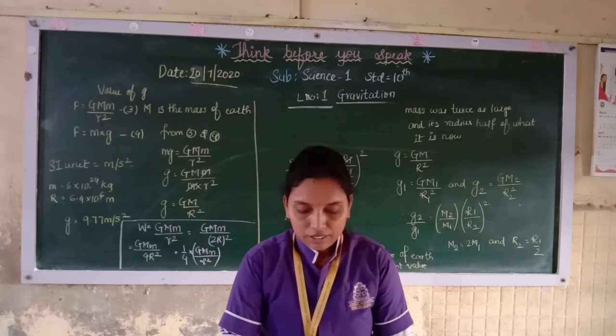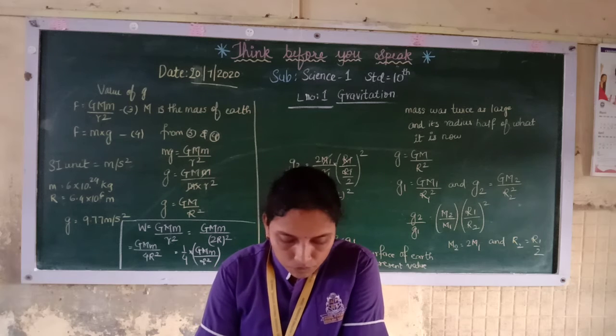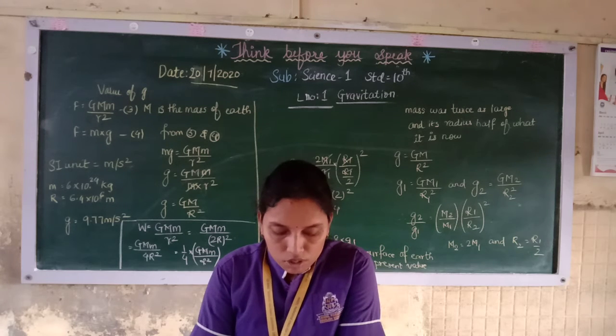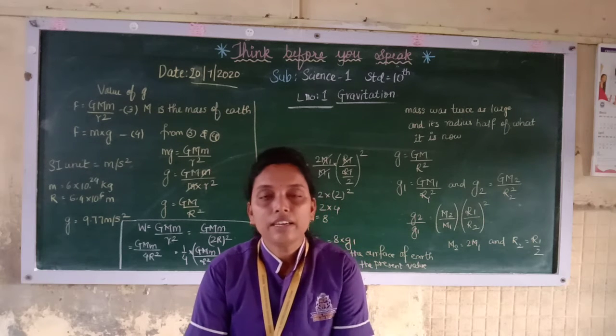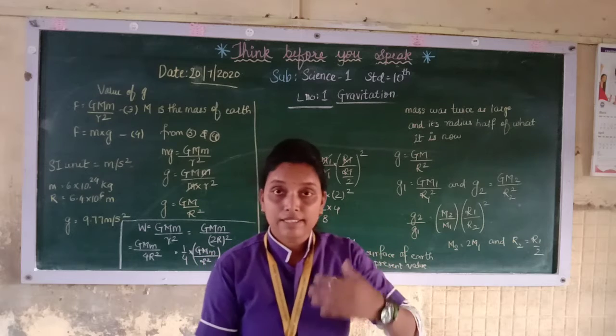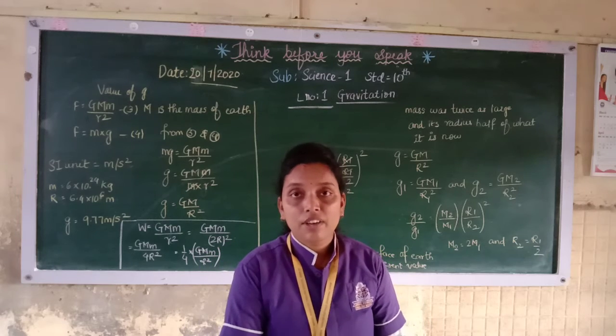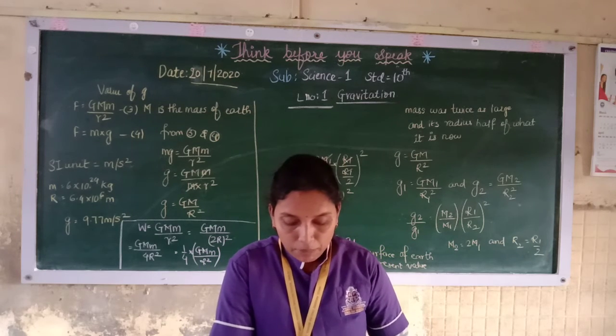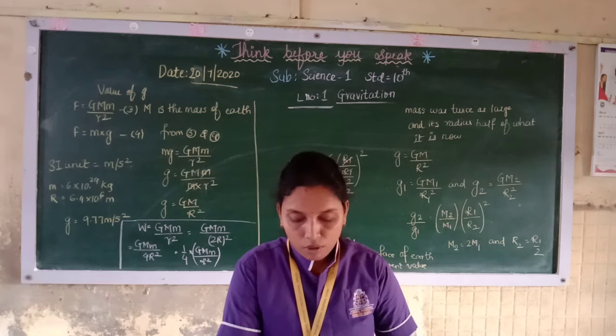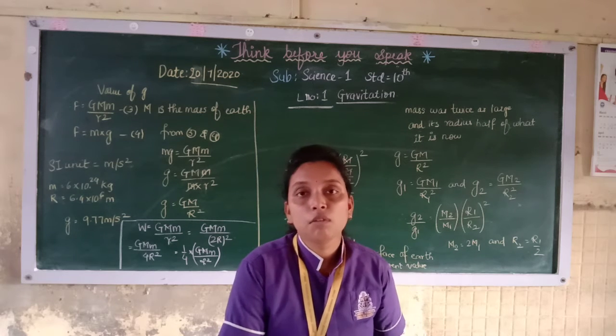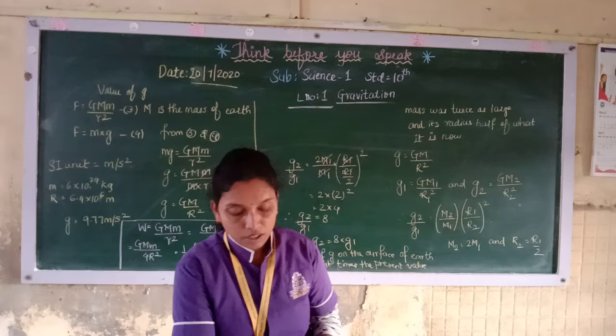Maximum height reached by a man-made balloon. Now man-made balloons go above, and there it is 36.6 kilometers. There it is becoming a little smaller, where it is 9.77. The height of a typical weather satellite is around 400 kilometers. There it is reducing more, it is 8.7 meter per second square.